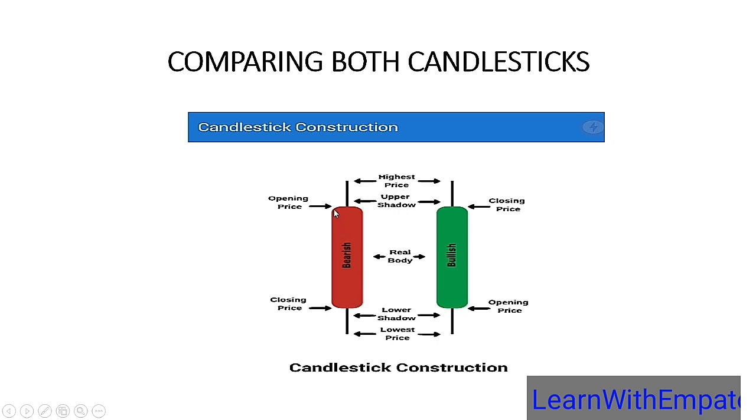So on the bearish candlestick, the opening price is above the closing price. Look at this. The opening price is here, above the closing price, which is here. And on the bullish candlestick, the opening price is below. Look at here. The opening price is here, the closing price is here, and this is the lowest price that it went within that period of time that you chose on your chart, because you can select the period of time on your chart. This is the lowest price that it went. This is the highest that it went.